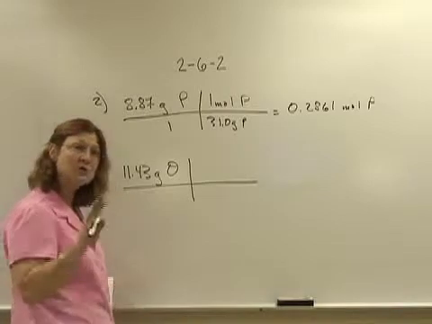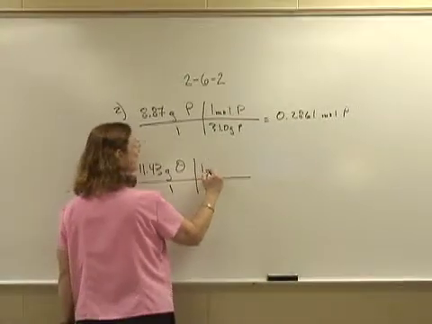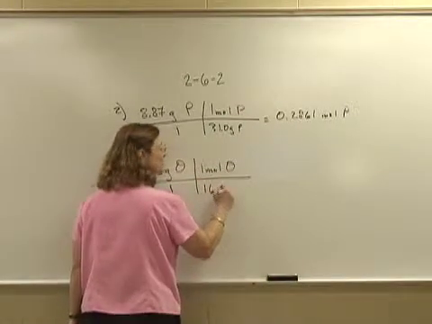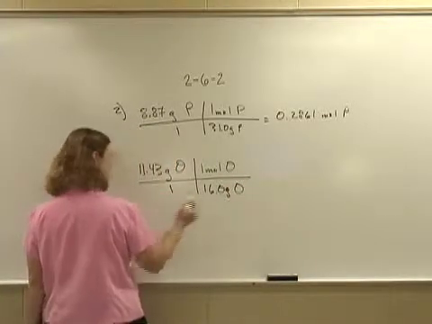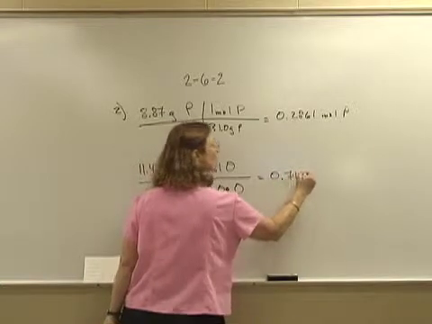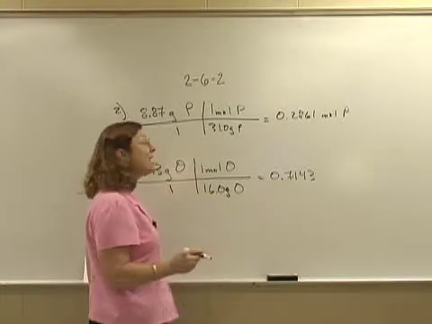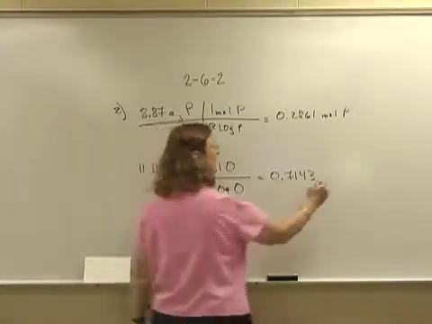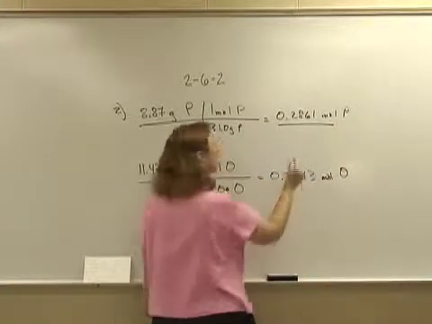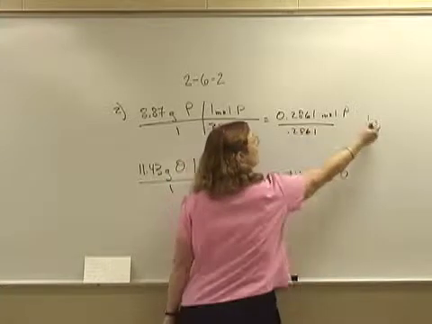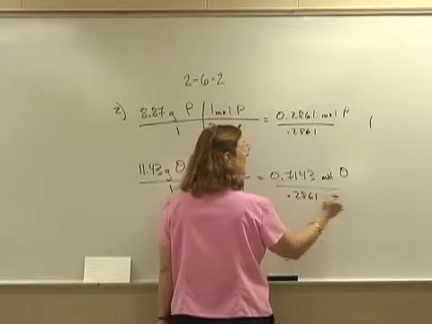Always go to moles. So 1 mole of oxygen is 16.0 grams of oxygen. And therefore, I get 0.7143. Now this 0 is not significant. It's just to show you where that decimal is. Now I'm going to divide by the smaller number of moles. And phosphorus is my lesser number of moles, 0.2861. Therefore, I get 1 phosphorus, and when I divide this number, I get